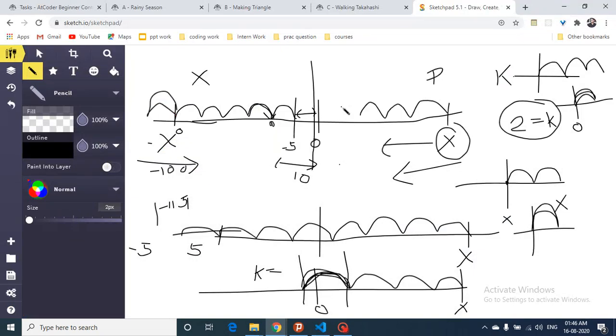Why? Because let's assume that I am at point x, where x denotes the difference between 0 and this point. Let's assume that this distance is 10 and I can do a hop of distance 2. If I divide 10 by 2, it is equal to 5, which will tell us that if I do 5 hops back, I can reach 0. I hope you understand.